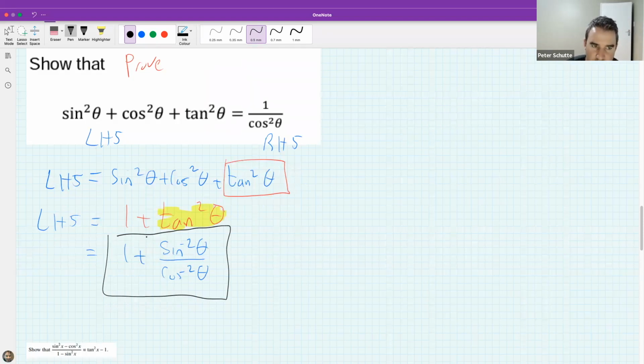The thing that I noticed is the right-hand side only has one term. So we need a way to glue these two together. Maybe Rhea can help us. I see Rhea's hand is up. You can find the lowest common multiple between the two, which is cos squared theta. Aha, so you're saying,